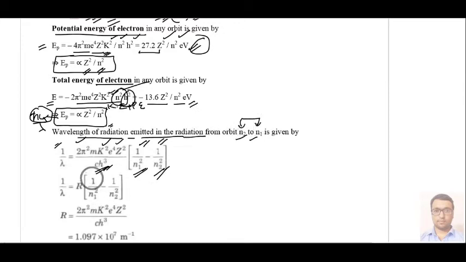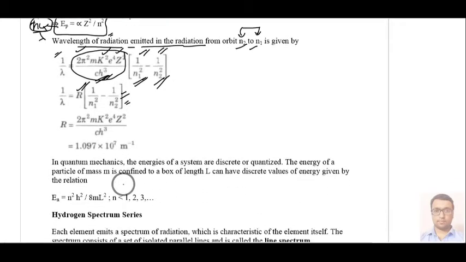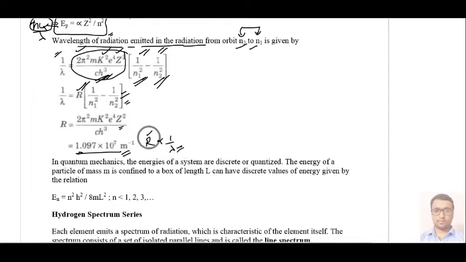Because your electron is moving between these two energy levels. So this whole value is considered as a constant, that is capital R, which is called the Rydberg constant, and this expression can be written in this form. The value of the Rydberg constant is 1.097 into 10 raised to the power 7 per meter. Because it has the opposite unit to that of wavelength. If we compare the unit of Rydberg constant and wavelength, then both are opposite, because n1 and n2 are just numbers.